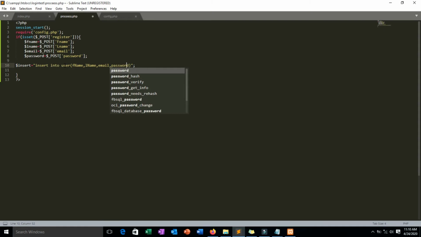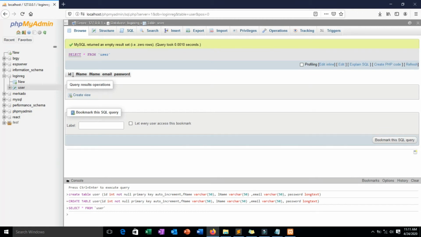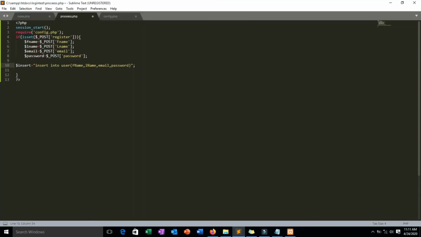This is the name of the columns that we have made earlier in the database. So the names of the columns will go here so that we can insert the data to the columns that we made. So values